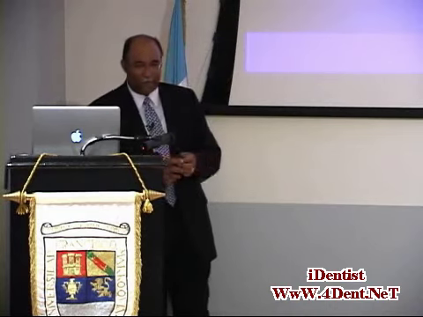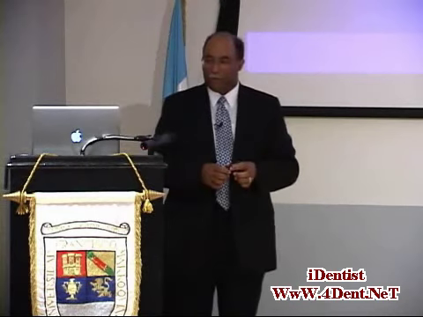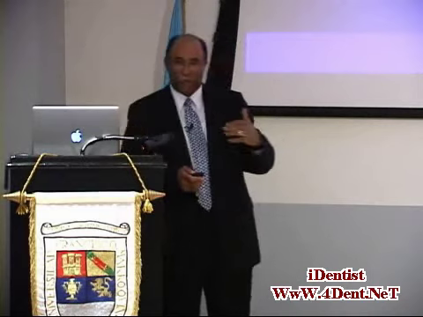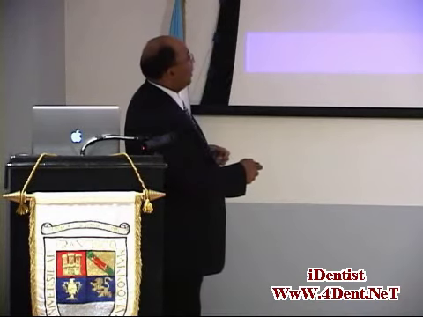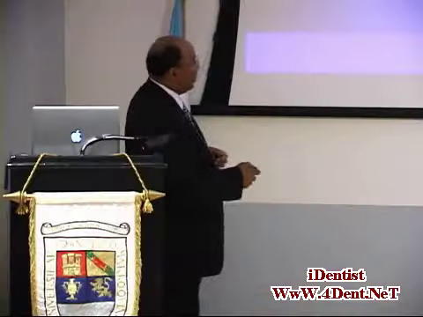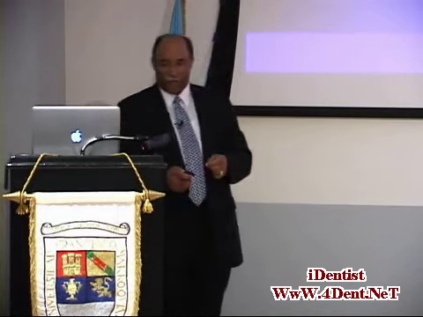Basically, the ferrule consists of a band of metal surrounding a root at the core tooth interface and extending 1 to 2 millimeters, depending on what you read in the literature, apical to that junction. So we have some tooth structure where we can get a band of metal on the tooth itself. And so this is a diagram of what we're talking about, a situation in which there is an amount of tooth structure present called the ferrule, which helps to support the tooth and prevent fracturing of the tooth.